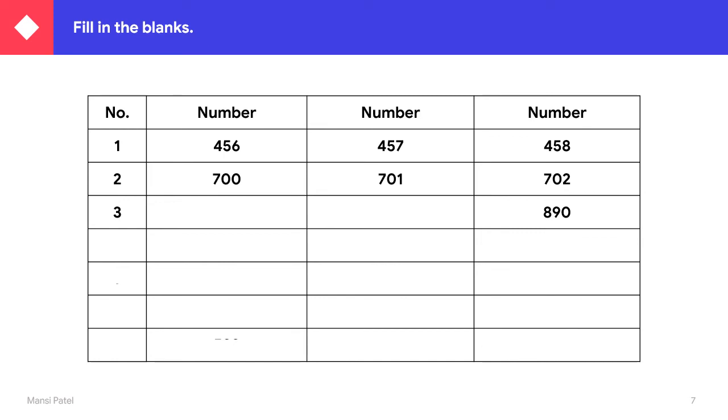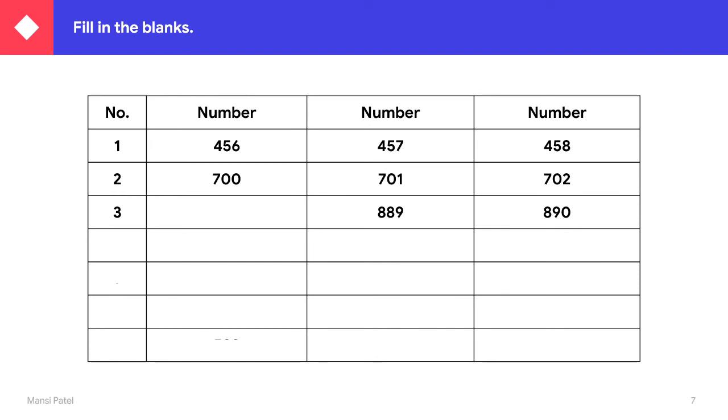Now you see only the last two digits. What comes before 90? So for the before number, you have to count in reverse. What comes before 90 in reverse counting? It is 89, and the hundreds place you have to put as it is. So your answer is